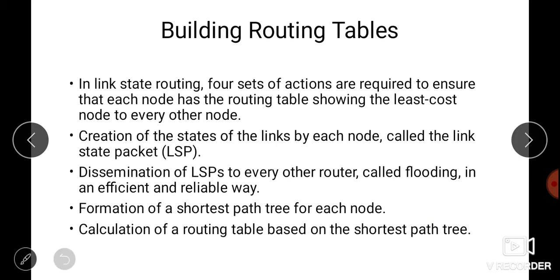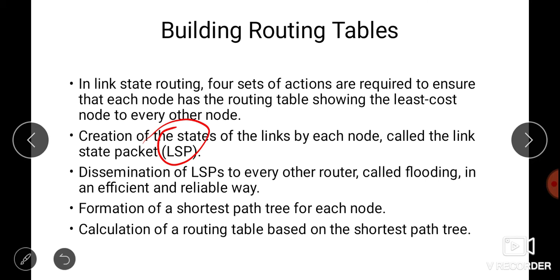Okay, so in link state routing, how do we build routing tables? Basically, four sets of actions are required to ensure that each node has a routing table which shows the least cost path to every other node. First, creation of the states of the links by each node, called the link state packet, known as LSP. Then dissemination of LSPs to every other router, which is known as flooding.